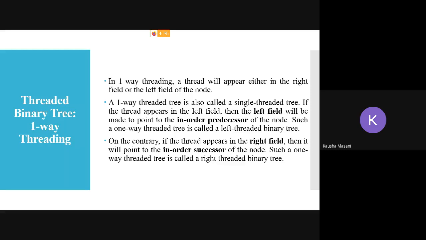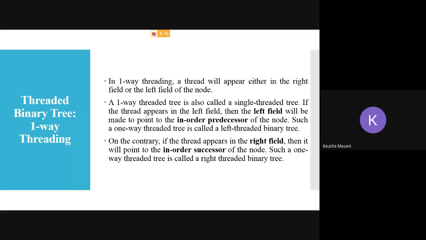And again, such a threaded tree is called right threaded binary tree. So remember this: left field in order predecessor, right field in order successor in your one-way threading.